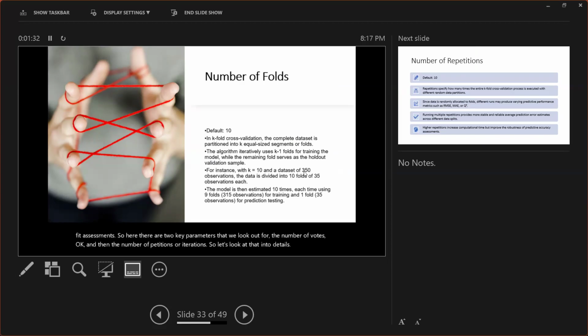If you go to the software, the default number of folds, segments, or groupings is normally 10. In k-fold cross validation, the complete data set is partitioned into k equal-size folds or segments. So if it is 10, it divides the data into 10 equal folds. The software iteratively uses k minus 1 folds for training the model,